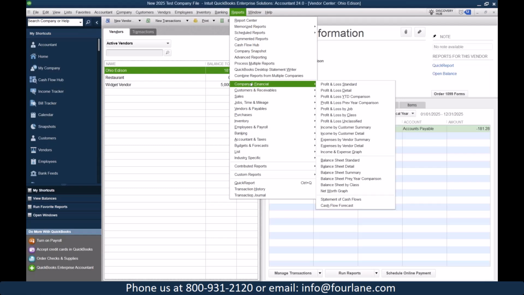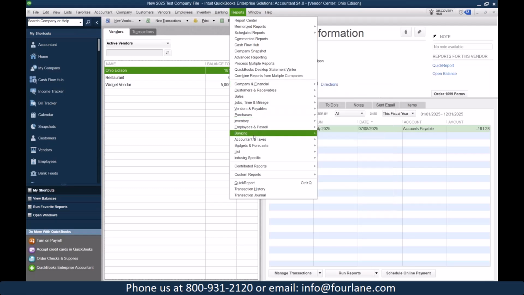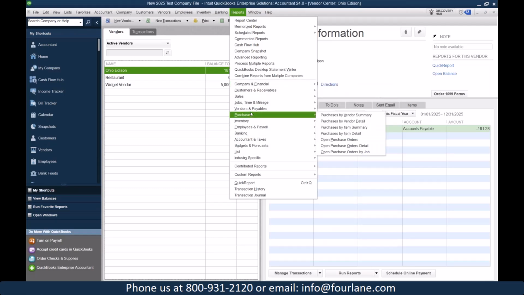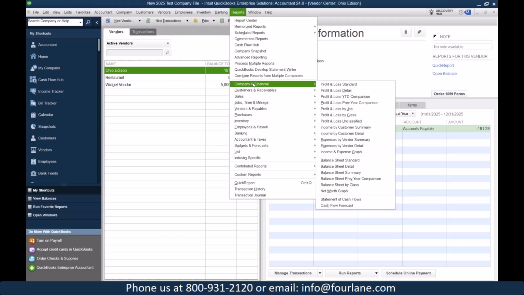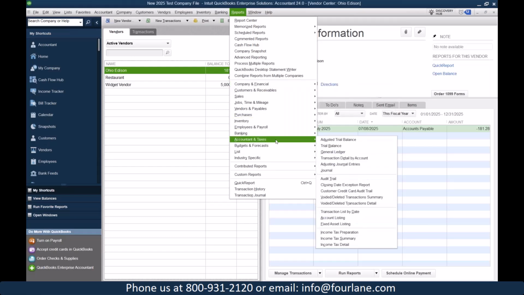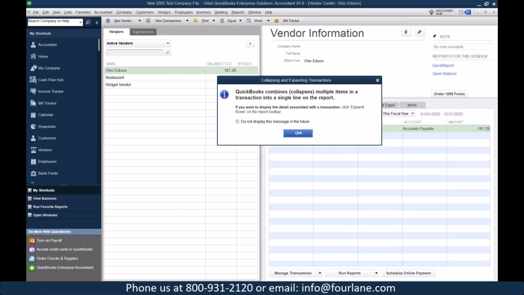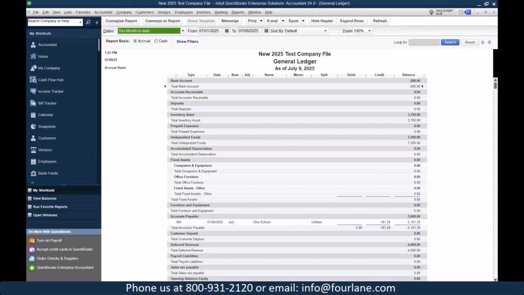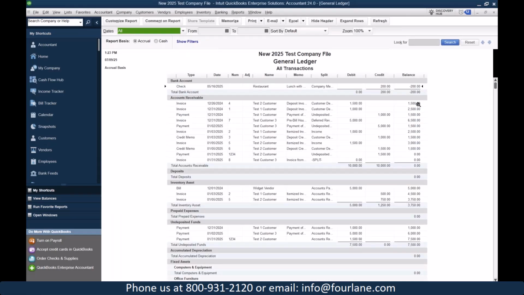So it's very easy in here. If I go to company and financial, I'm going to go to general ledger and I'll just say all. So if I was to give this to my auditors and they said, hey, I need to see